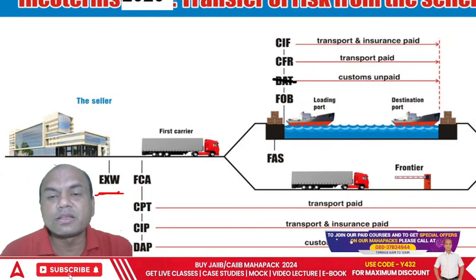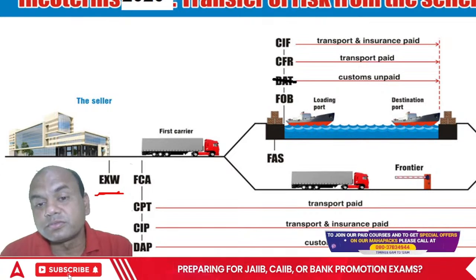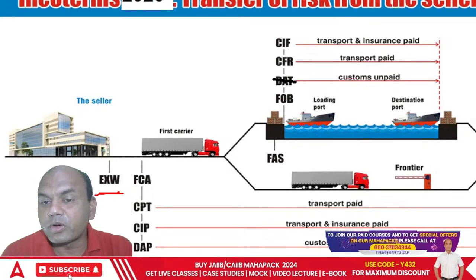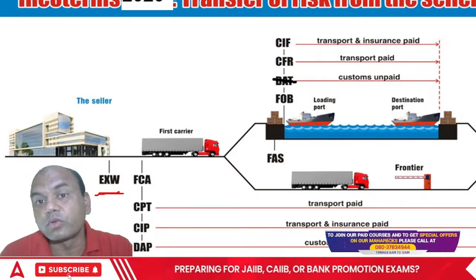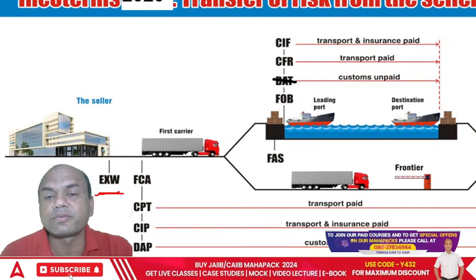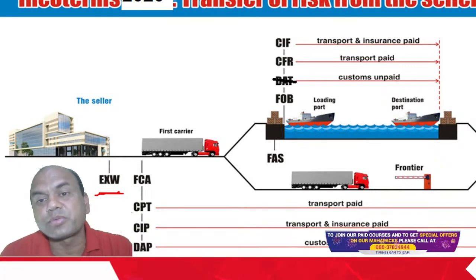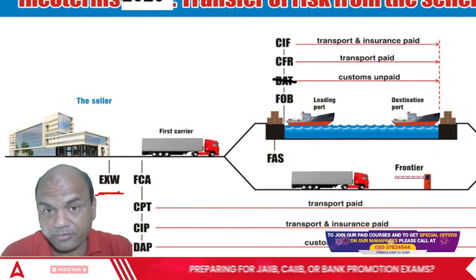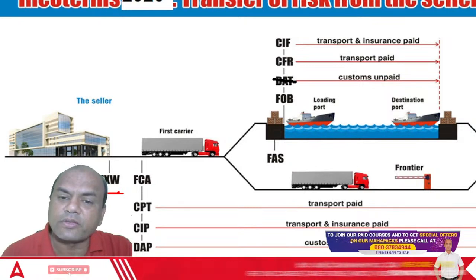So what does it mean? Here the seller will buy the ticket also, and the next thing he or she will buy is insurance. If tomorrow this ship gets sunk, then the insurance company needs to pay. So who will pay the premium for this? The premium is paid by the seller here. So in CIF, the premium and the transport cost are borne by the seller. Important, remember. Why am I focusing more on FOB, CFR, CIF, FAS? Because